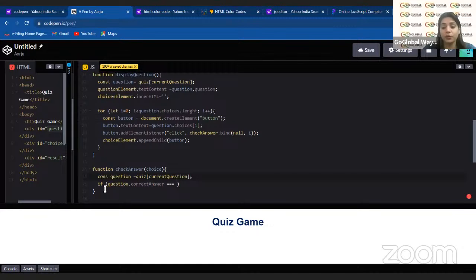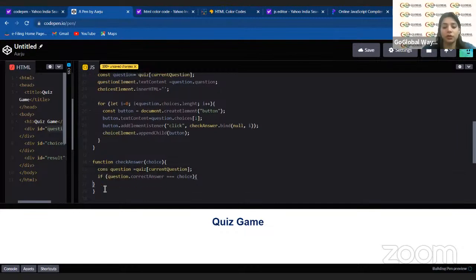So triple equal to is more reliable, more trustable than double equal to. Double equal to can compare both strings as well as numbers, but triple equal to will tell you the type as well as the value. Okay, so you will check both, and